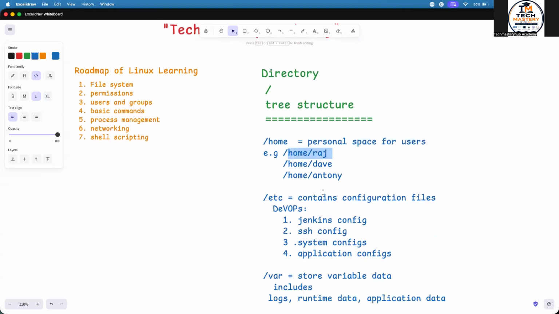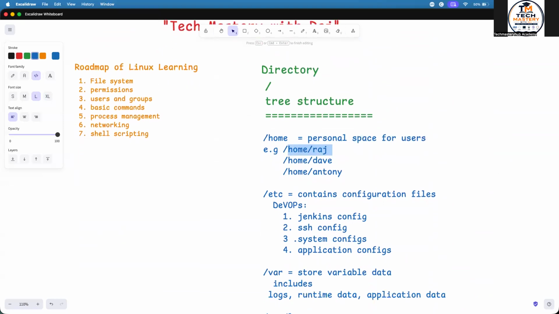Okay, all users will be in this home directory. They will use it for writing scripts or their project work or their personal files, whatever they want to do, they will do it in their own directory. Okay, next directory is the /etc directory. This is a very important directory because it contains all the configuration files, and DevOps need this directory because all the DevOps related configurations like Jenkins config, SSH config, system configs, application config, will be in the etc